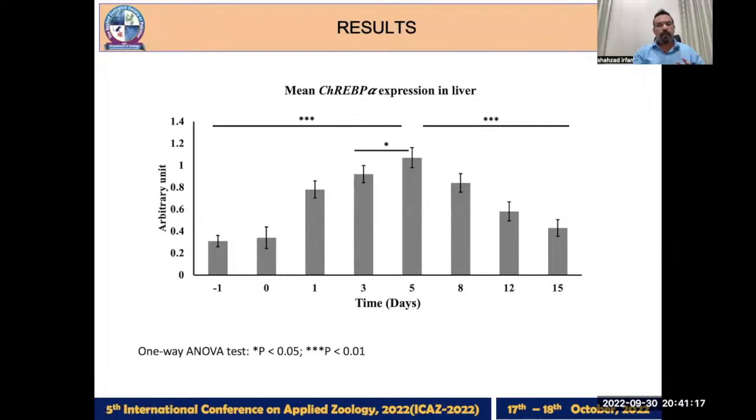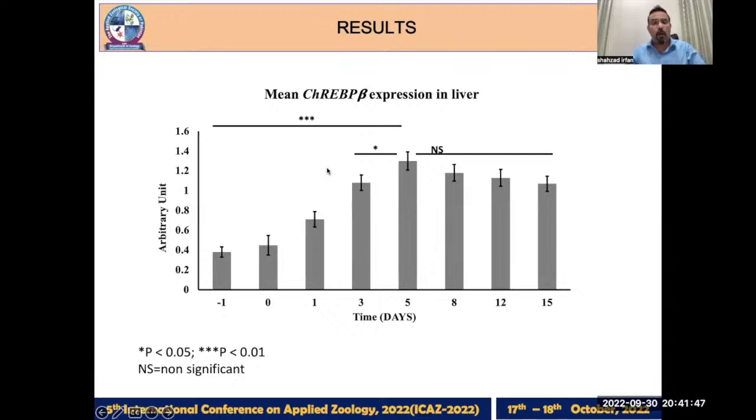This expression reaches its maximum level after the 5th day, and the expression pattern continues from the 8th day onward. On the other hand, the expression pattern of the beta isoforms gives us a little bit of a different picture. In the initial phase, up till the 5th day, the pattern is kind of the same as the alpha, but after the 5th day, the significant decline which we observed in the alpha isoform is not there in the beta